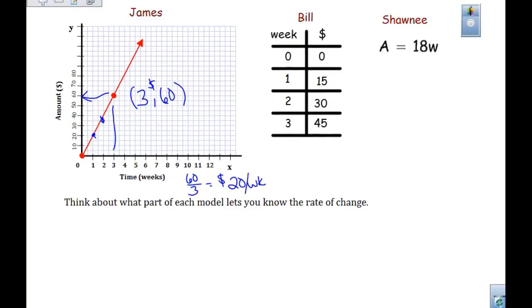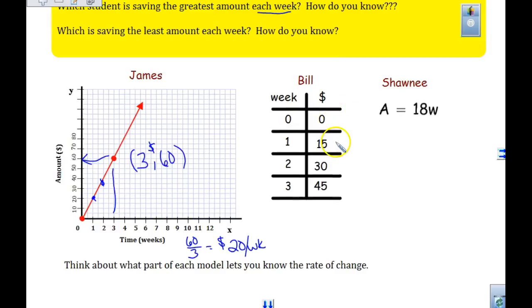As we look at the next person, how can we figure out how much per week? What is Bill saving per week as you look at that? What does it look like from the table? What do you think? $15 per week, right? There's a couple different ways you can look at that. Each week we added 15. It went up 15 each time: 1 times 15, 2 times 15 is 30, 3 times 15 is 45. So 15 per week. And Shawnee is actually saving, we would say probably, A equals 18W,